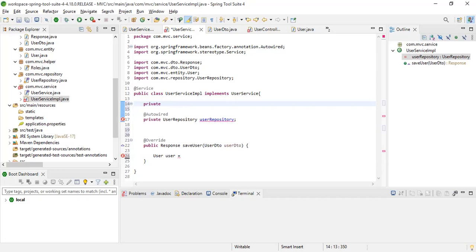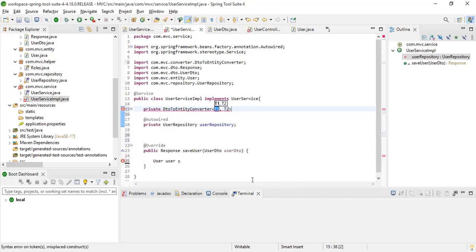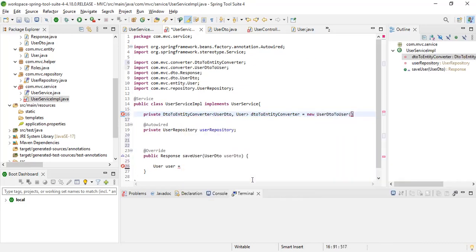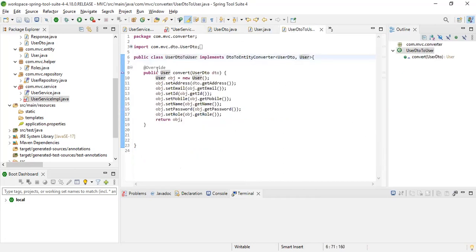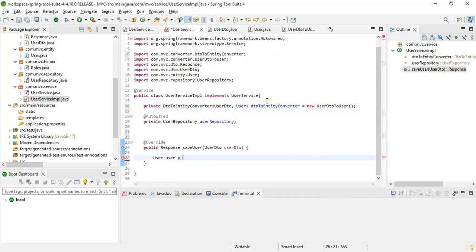So first of all, we need DTO to entity. So we will say user DTO. Let me see this class also, what I'm doing. So user DTO, user. Okay, great. Now let's take the help of converter. So I will say DTO